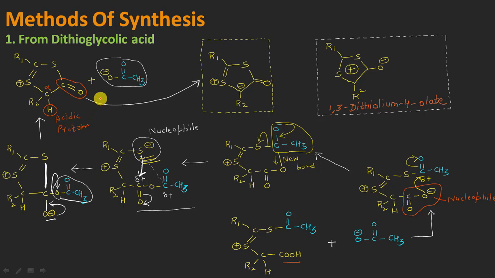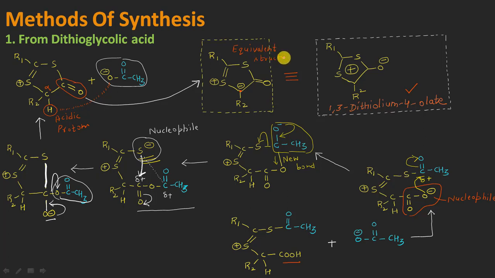So what is going to happen is that this O negative will be taking this H positive ion from here, resulting in the generation of a negative charge on this carbon atom in this way, right? And now what is this structure here? This structure is as good as the structure of this 1,3-dithiolium 4-olate molecule. It is actually an equivalent structure. Let me write here, it is an equivalent structure for our mesoionic molecule.